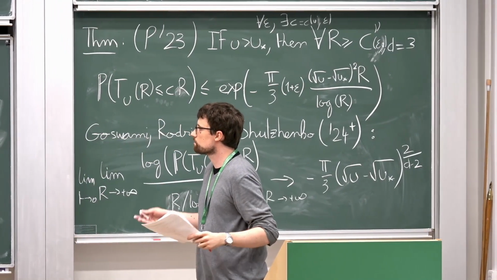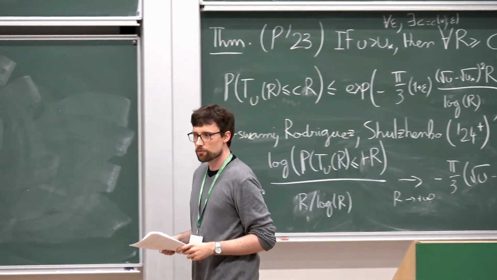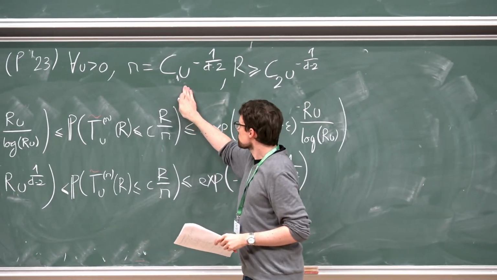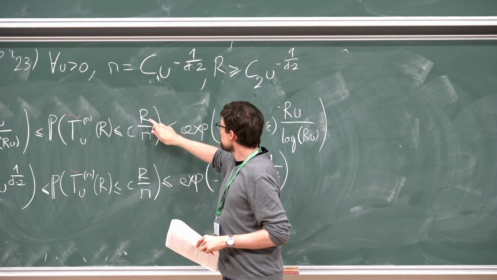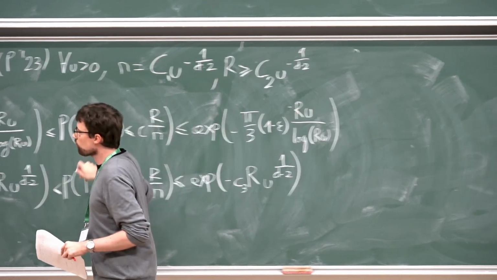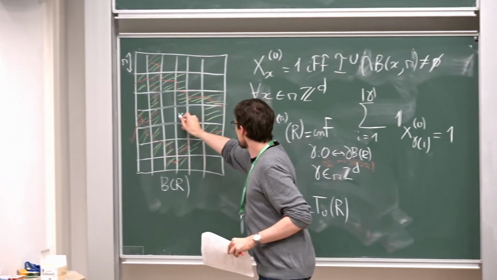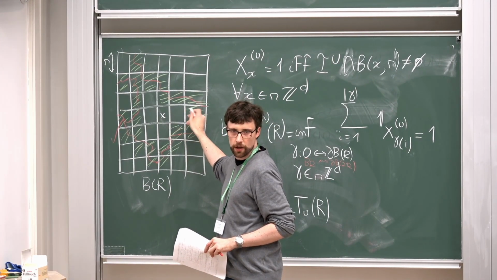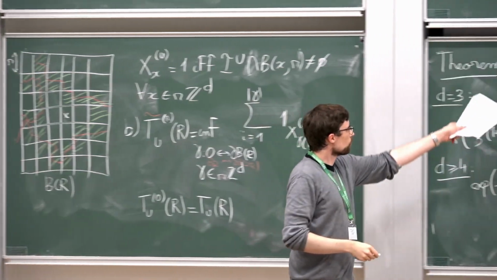Maybe the question is, but why? How does that, like first, why this choice of scale? And here, large R or small r, this is just the number of boxes. And if I want to go here to R, I just visit R over small r boxes. But why small r like that?